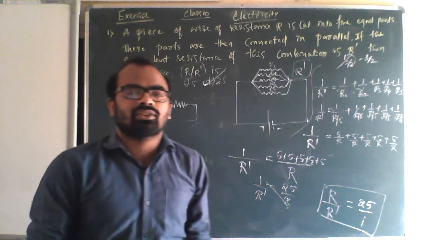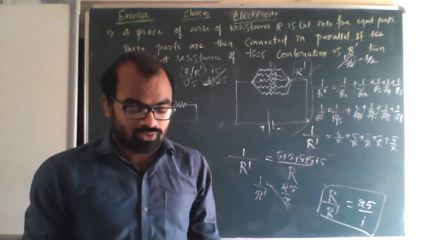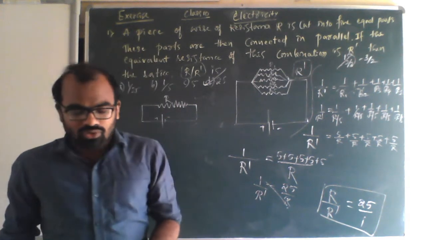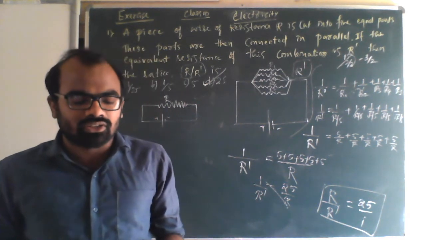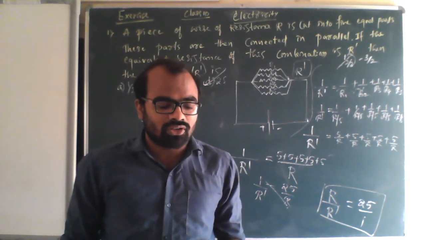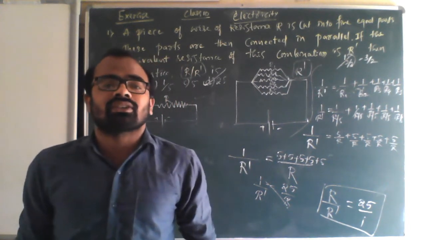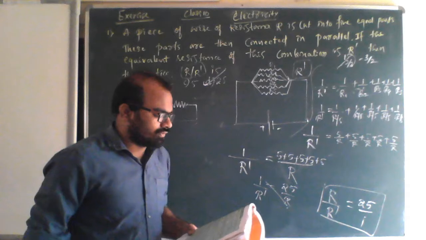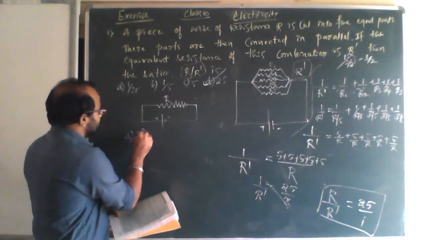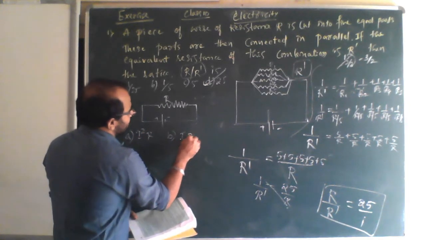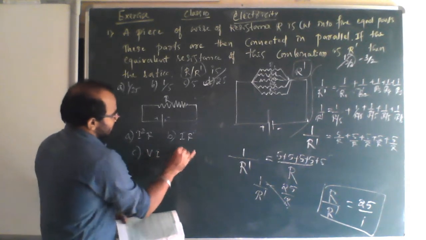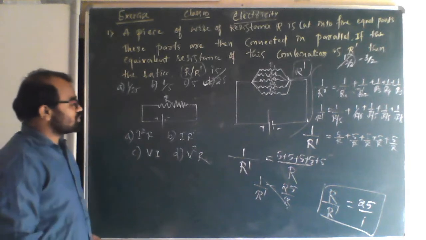So we'll see the second one. Second problem of the textbook, page number 221. I hope you all are clear with this first question. So the second question: which of the following terms does not represent electric power in a circuit? There are 4 options: A I square R, B I R square, C V I, and D V square R. So which should not represent power?